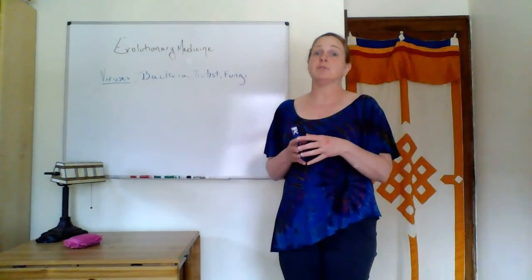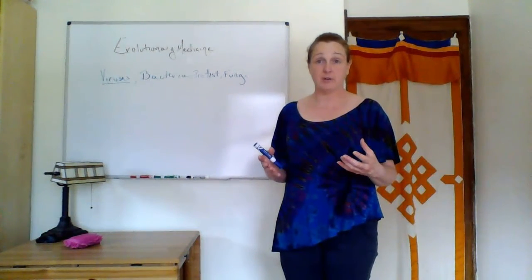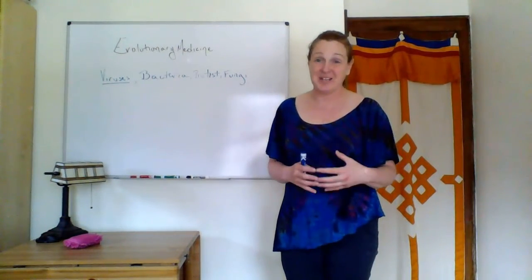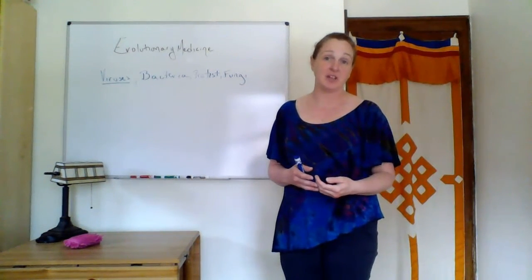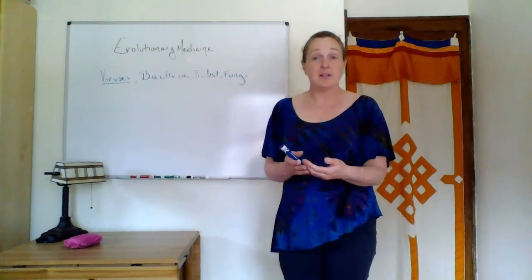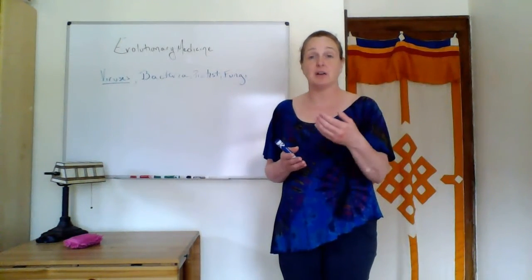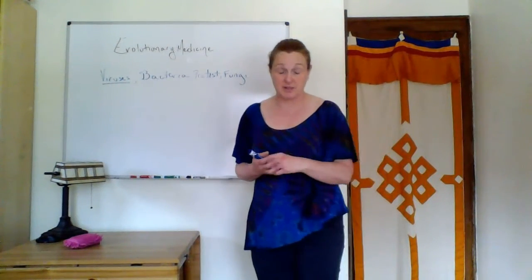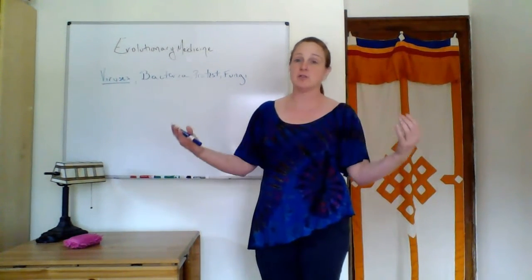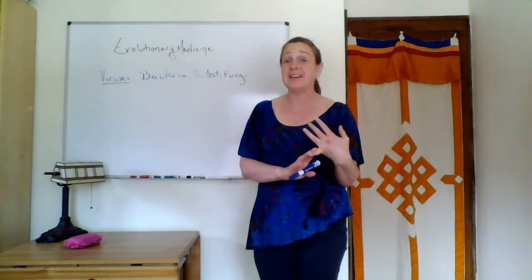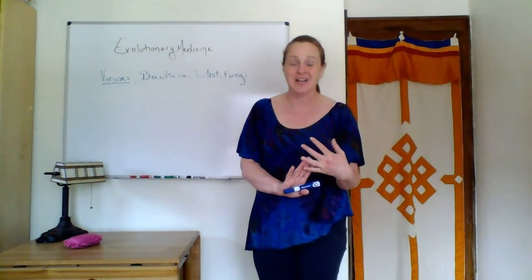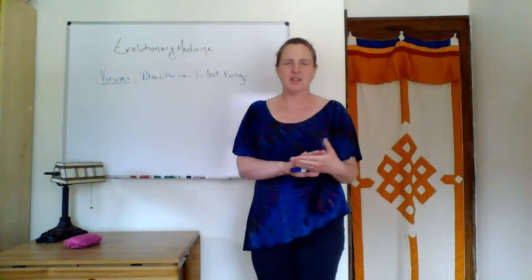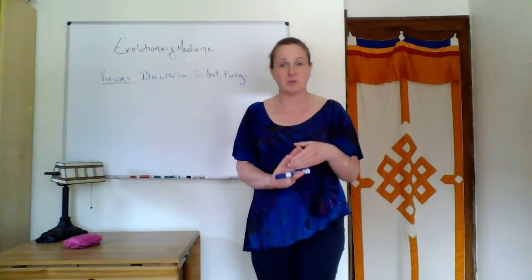Now, the immune system is hugely complicated, and the video that I gave you very quickly glosses over it, and as complicated as that video is, it is still an oversimplification of the immune system. Everybody's immune system is different. It's based on what you have been exposed to in your life. So your immune system is going to be different from mine based on all of the things you have been exposed to, the different proteins you have eaten, the different proteins that have been in your environment, all of the different stresses that have happened in your life, all of the different chemicals that you've been exposed to,